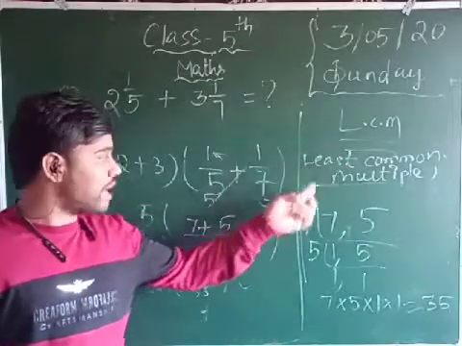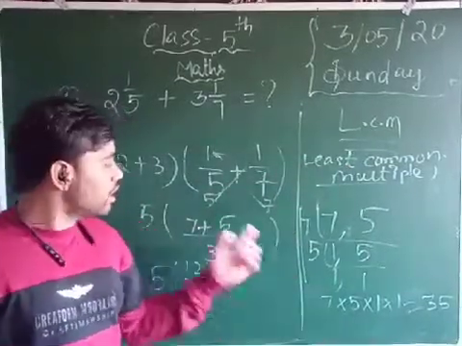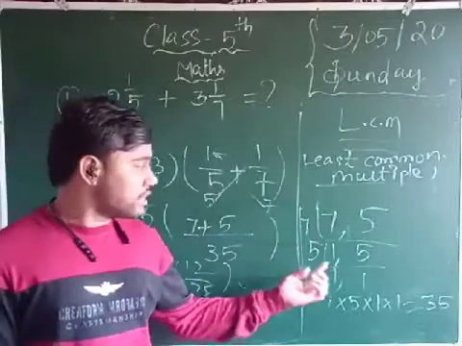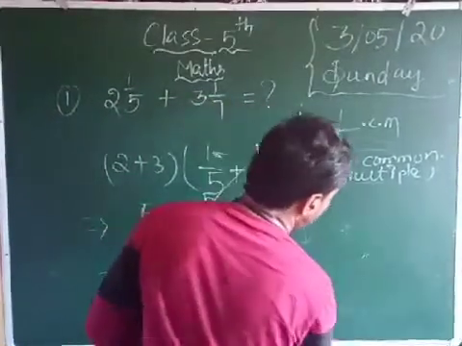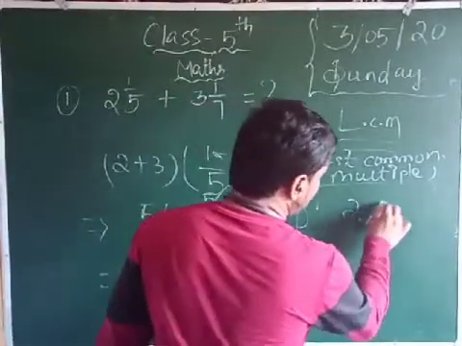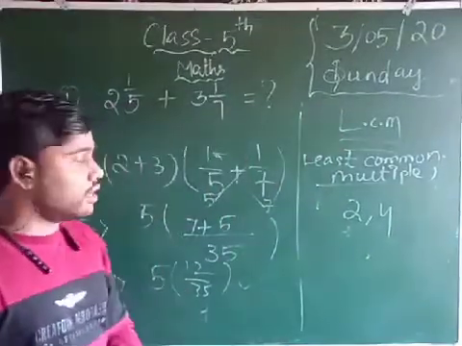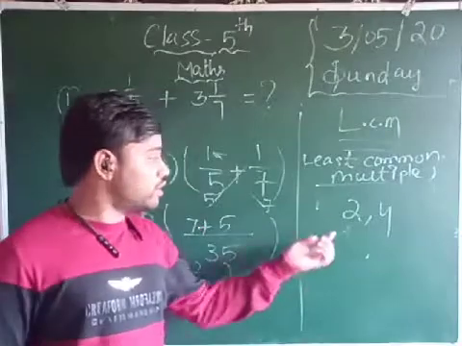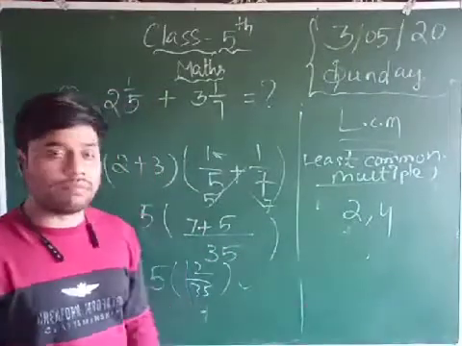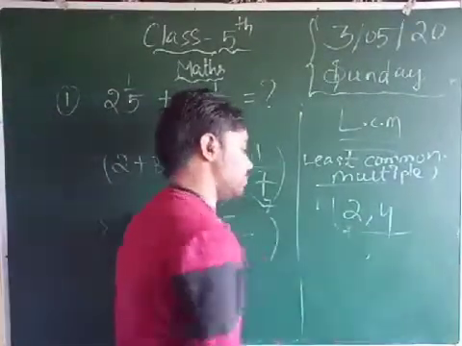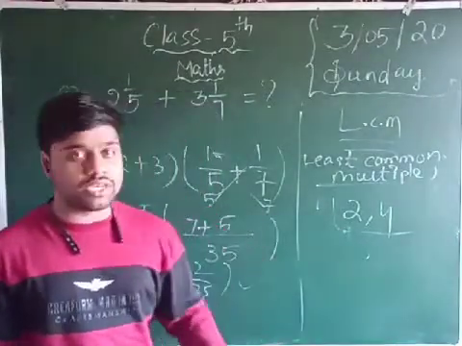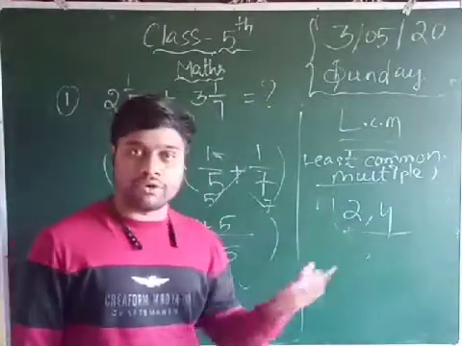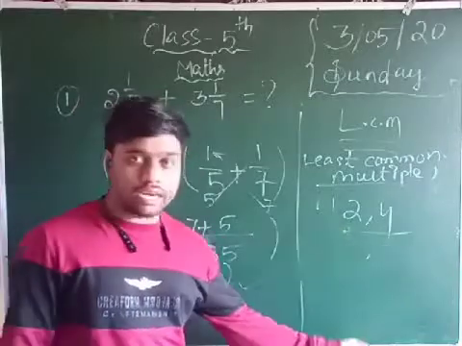Guys, watch this video once again to see it properly, neat and clean on the blackboard, in the LCM method. For example, I gave another example in LCM: 2 and 4. If the denominators are 2 and 4, then for these also we do LCM using the LCM procedure. Now for a single number, you can solve using one table if it is present. If another number is not present in that table, you directly keep it down.